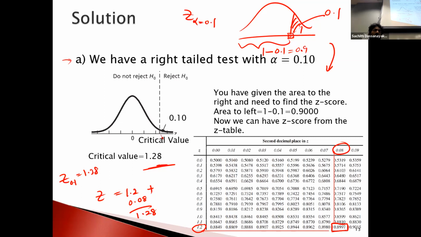Exactly. Okay. I think in MyStatLab, if you need the Z table, there's a link down below where you can find the table. Sometimes you can click and get the table. So you don't have to worry about that. In any case, if you cannot see the Z table, use the Z table that I already uploaded on the Blackboard. I think down below in each question you can find a Z table. If I missed something, you can use that. Questions?